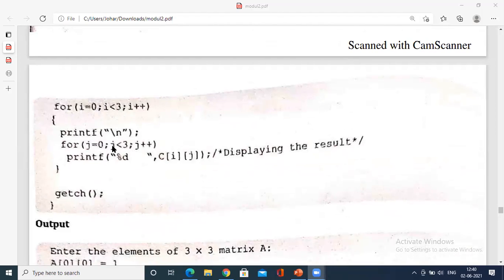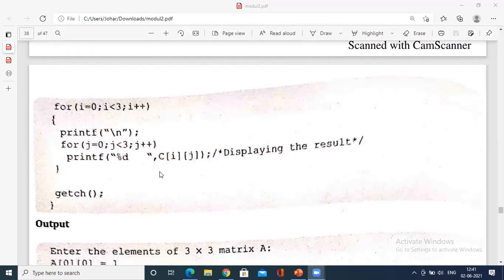Next, the inner for loop comes out of its iterations. Then in the outer for loop, i equals 1: 1 with 0, 1 with 1, 1 with 2. Again the inner for loop comes out. Again the third row, that is 2 of 0. As such, you have to store it and you have to display.